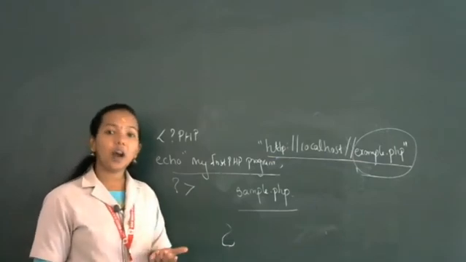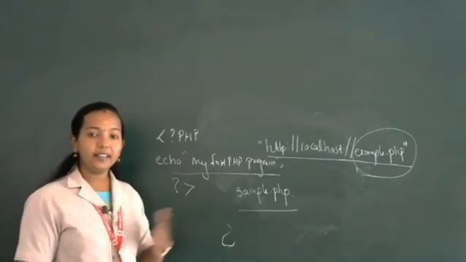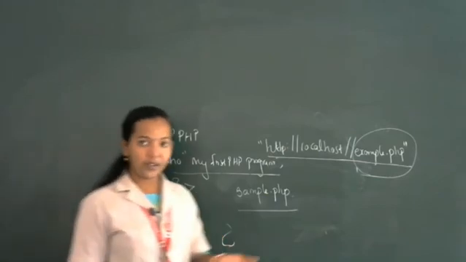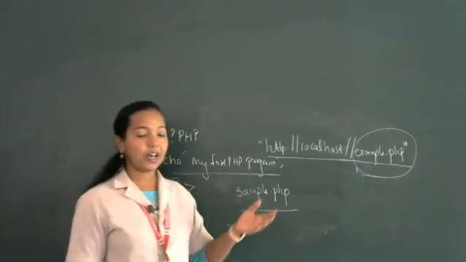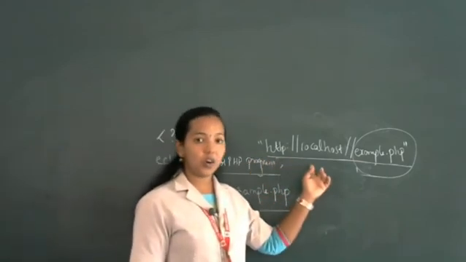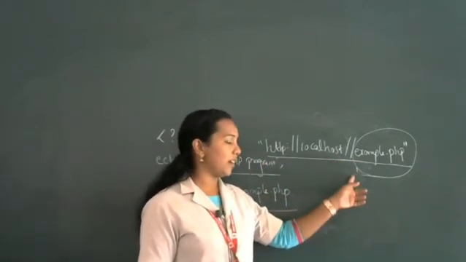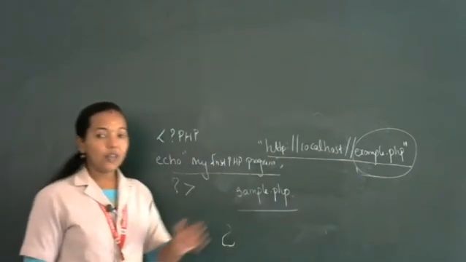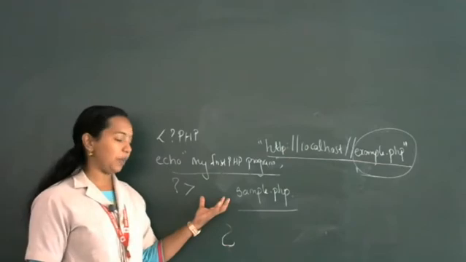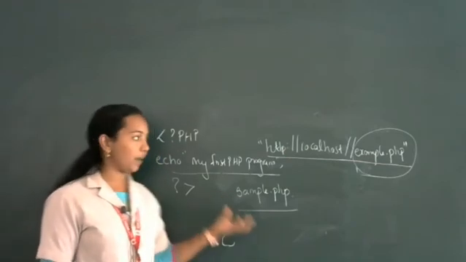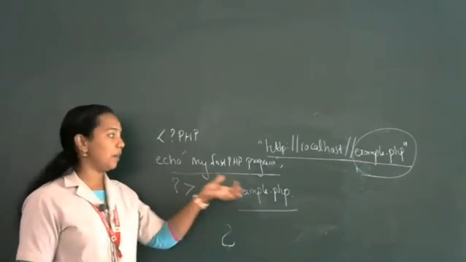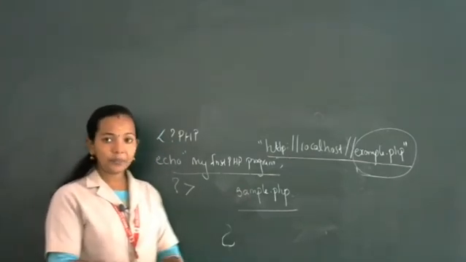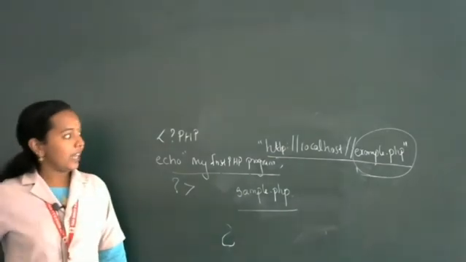Then you want to get the output. To get the output, again we are executing this with the help of the web server. So again open the web browser, and in the address bar you want to type http://localhost/sample.php. Then what will happen? The web server will execute the PHP program, sample.php. As a result, we will get "my first PHP program" on the screen. Okay, clear? Then next one.